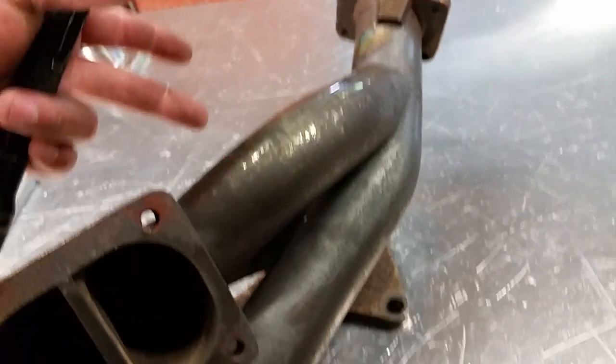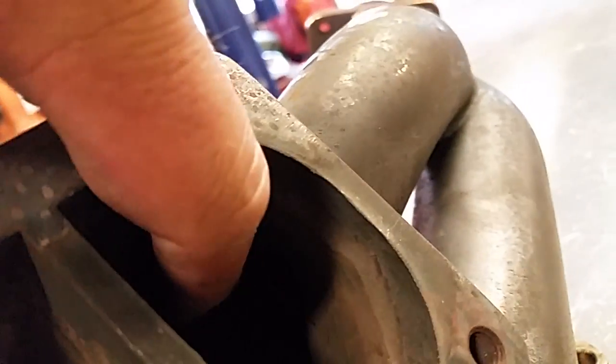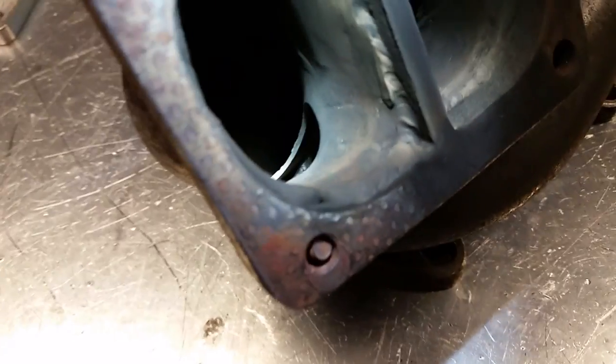kind of leads us to where most people have problems with these manifolds. So, this is like a 1 3/4 tube. Still absolutely massive. These are just way overkill for size. And you can see inside of here that they just cut a small 1.5 hole, and that's it. So all the way around is just dead space. So maybe this will be a better view. So it's just this little baby 1.5 hole, and then they just jam a huge tube on top of it. And that may not even be 1.5, that may be 1.25. But still,